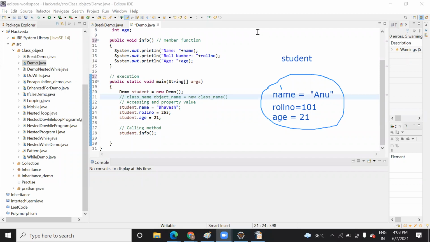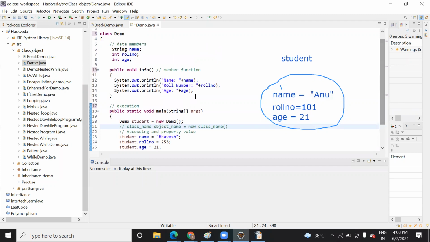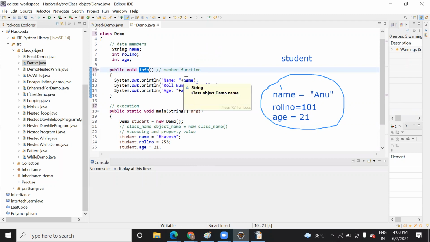It will come inside and read the instructions or statements that you have mentioned. You want to print the name and the values assigned by the object, so it will print all those: name, roll number, age together.